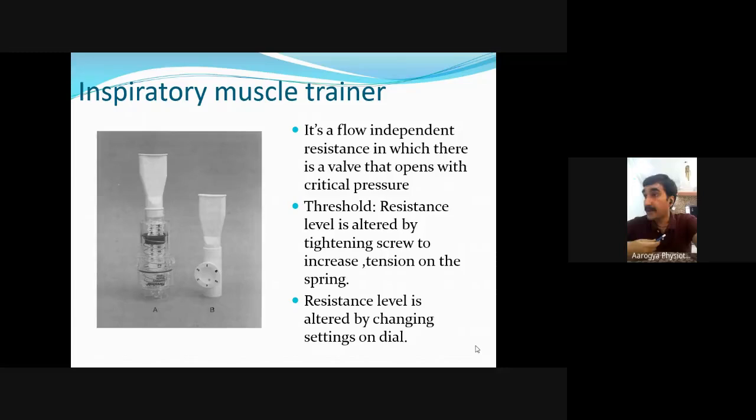So on the left, the inspiratory muscle trainer, what you see is there is a screw which you just rotate and the tension increases. When you apply the IMT on an inspiratory limb of the ventilator, initially you have to set the pressure at 30% of the maximum pressure, 30% of the PI max. You start with this and you progress further, and within a few sessions, a few days, you will see a definite improvement in the inspiratory capacity of the patient, and it's easier for the patient to wean off from the ventilator when you are using an IMT. Next.